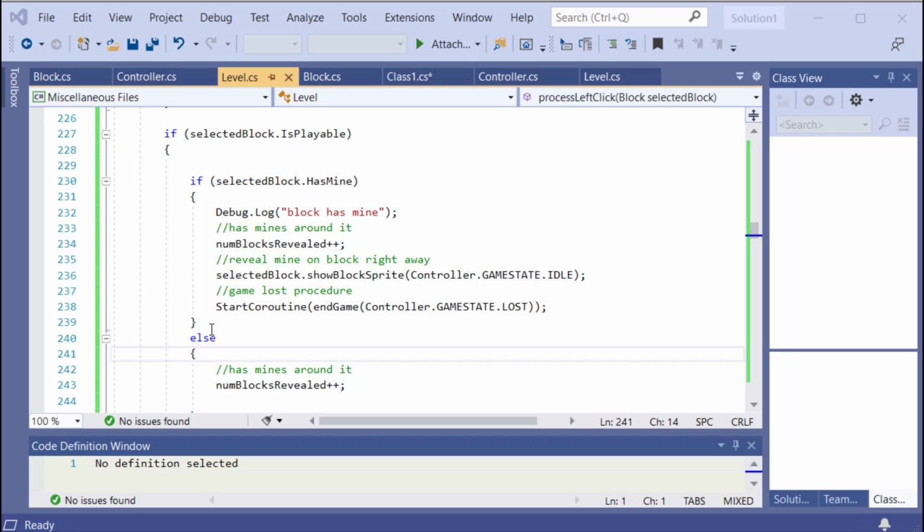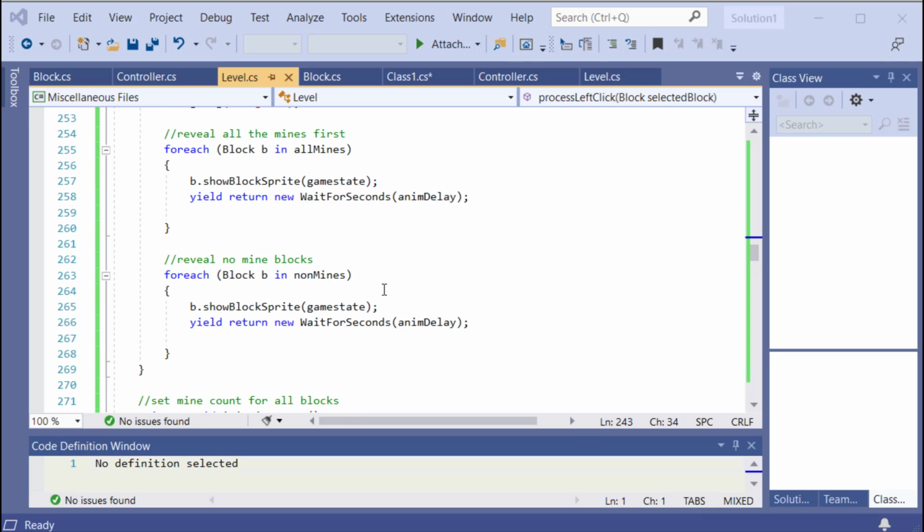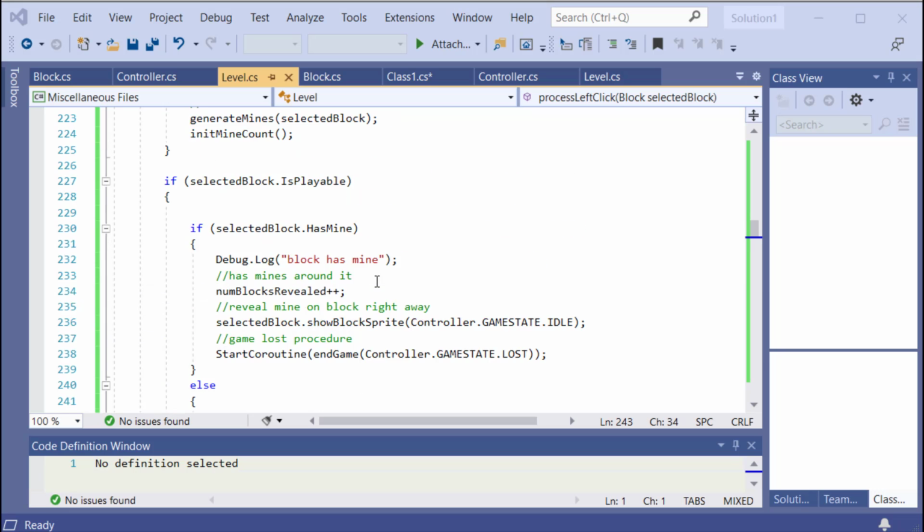So like I said, this is all part of not on the first click. We're not really doing anything on the first click because it's not a mine. So anyway, let's now handle, we got the end of game, right? We got the end of game, you lost. And now we want to play the other part of the game. Okay, the other part of the game is,